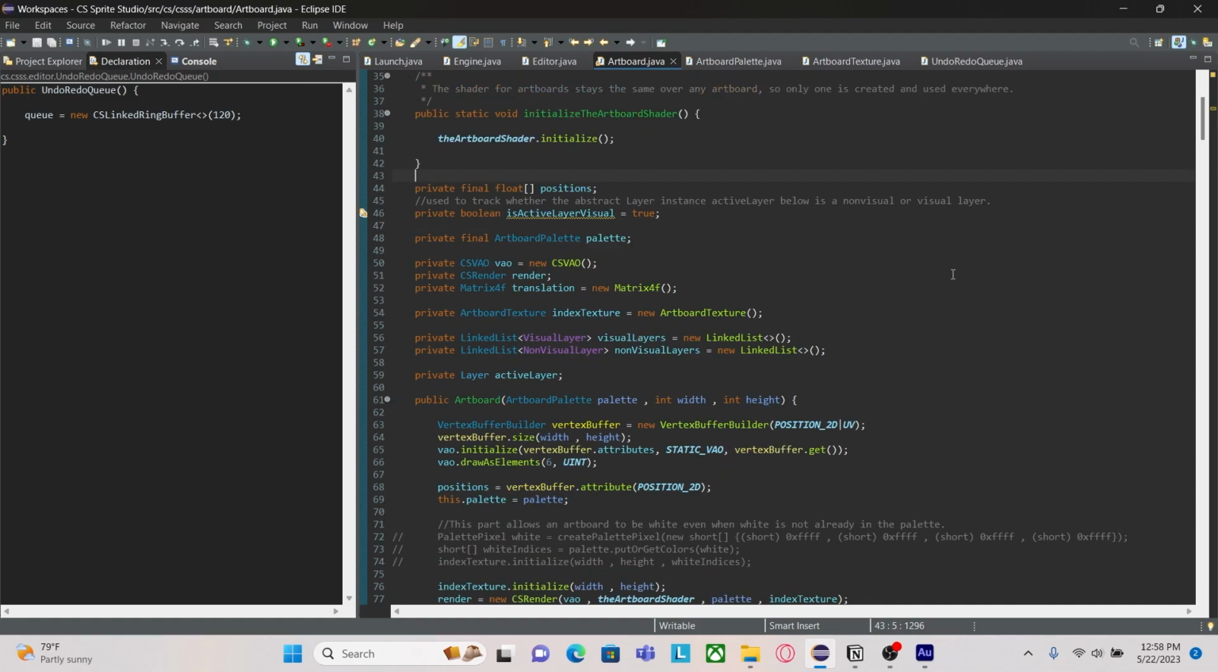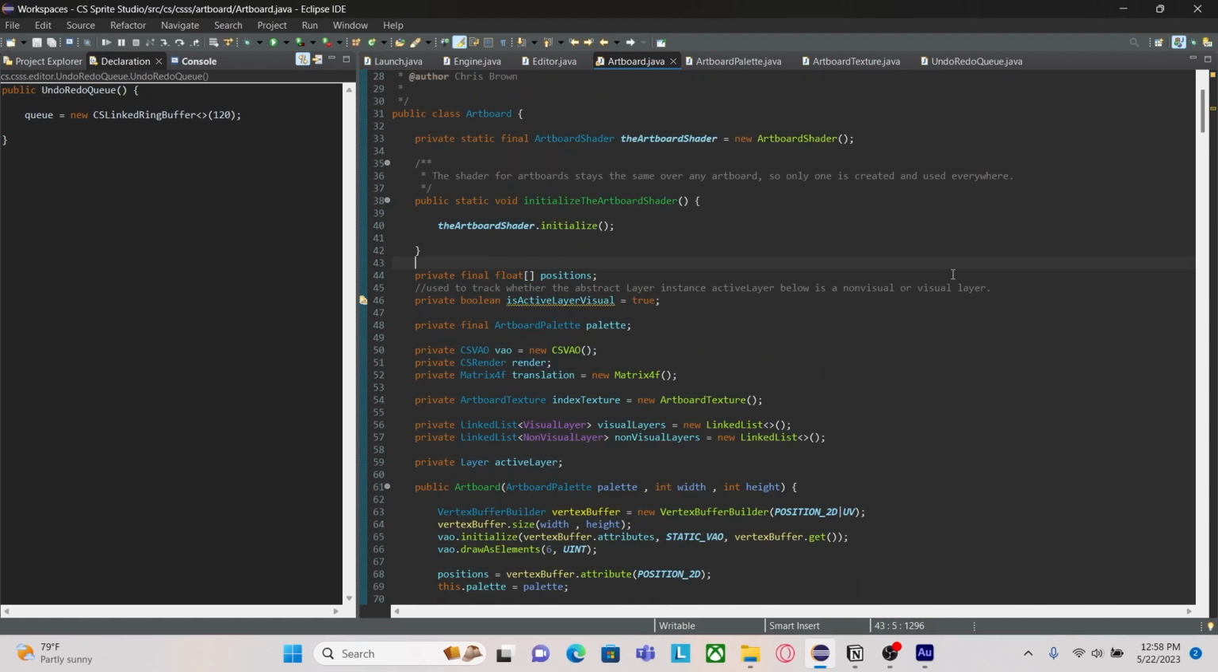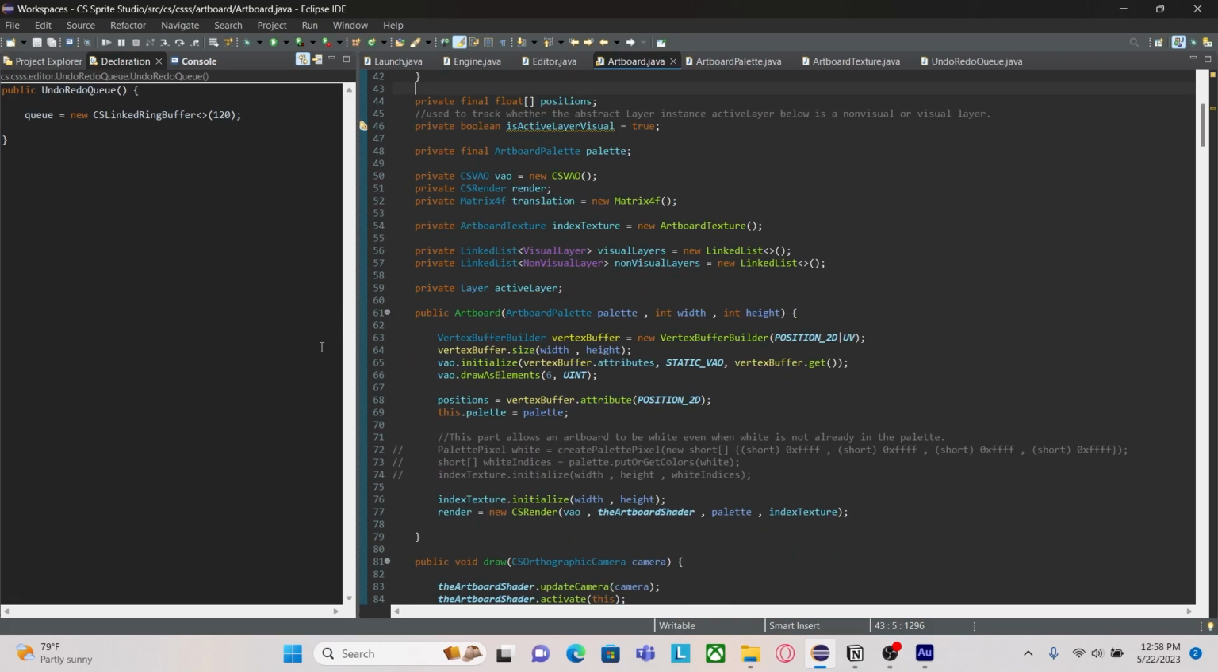But before we look more into artboards, as you can see, it's quite a big class. We need to understand how they are rendered. And the artboards are actually rendered with a paletted approach. So if we take a look down here,